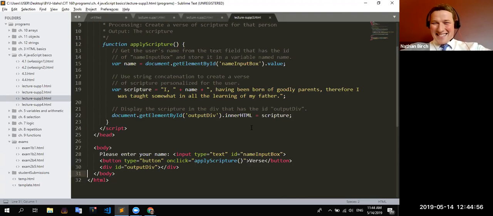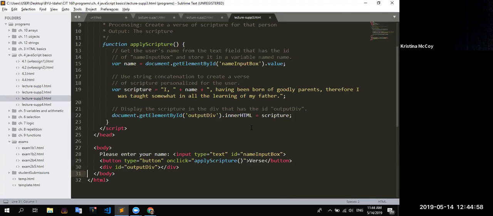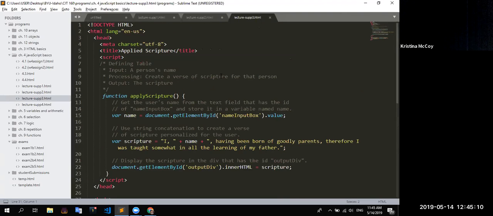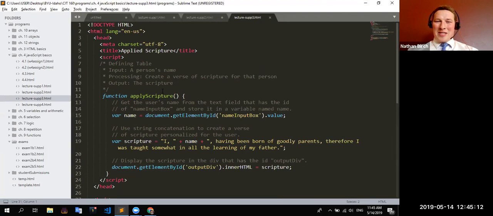Any other questions? I had a quick question. When we are starting our assignments for this week, are we supposed to type everything from scratch, or do we copy and paste and then just change the elements that make it unique to us, or what's the expectation? That is your call. If there's nothing in the assignment that says you have to type out every word, then I don't expect you to type out every word.